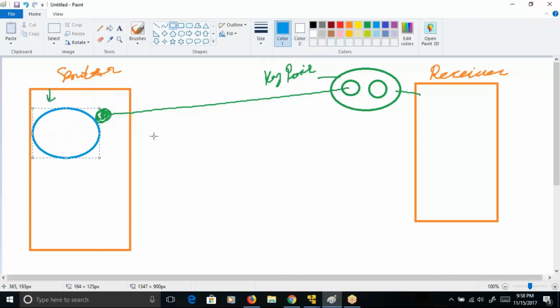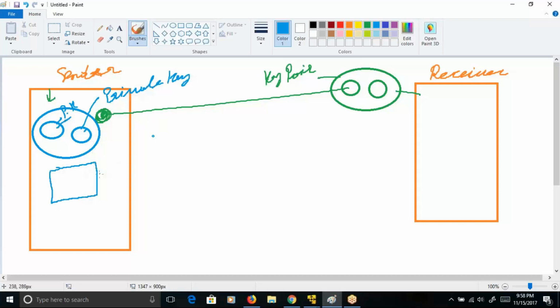This one is the public key, and this one is the private key. He has a message that he wants to send to the receiver. But before he sends it,